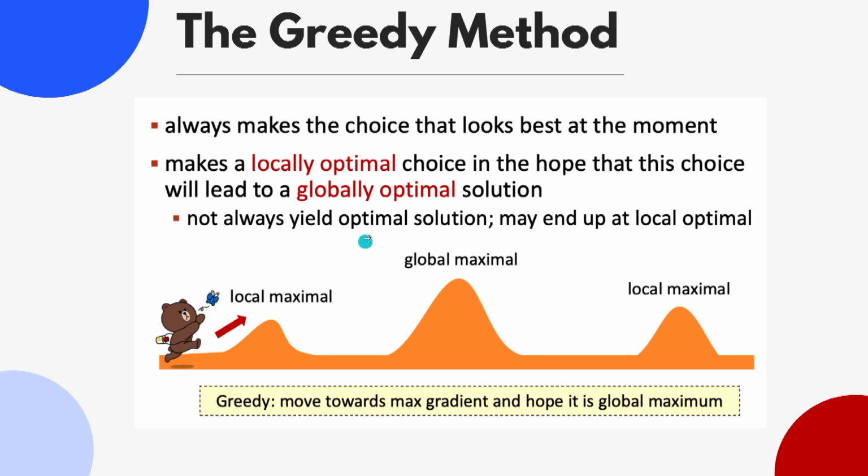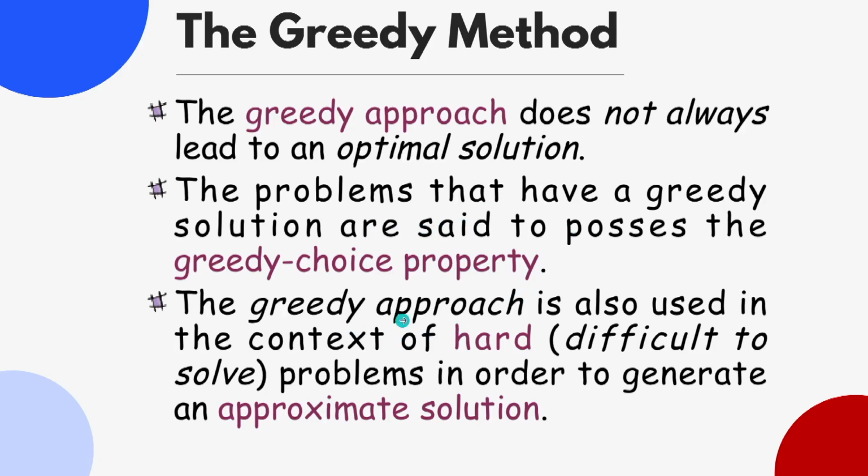The greedy choice property is that we choose some locally optimal solution at one point of time, and we may even revise it later at some of the iterations if we end up with some other globally optimal solution. So, the greedy approach does not always guarantee us an optimal solution, and the problems that have a greedy solution usually possess this greedy choice property which I explained before, and this greedy approach can be used for classes of